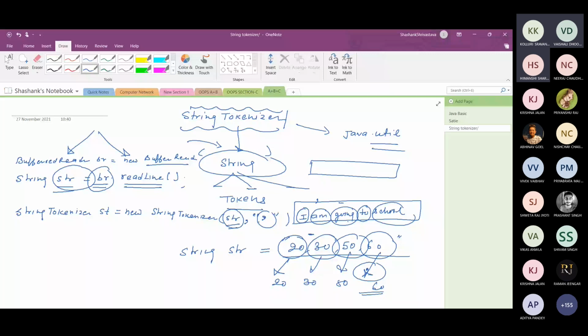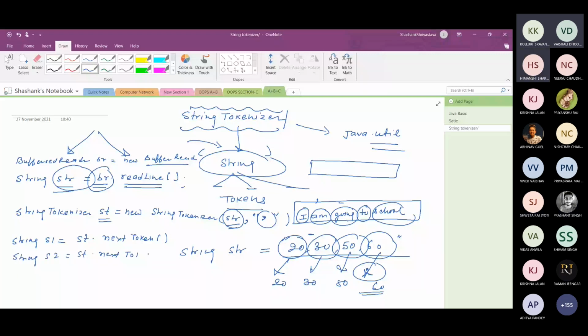So you can convert any string into the form of tokens. When you get the tokens with the help of the string tokenizer class, how can you read those tokens? Because the string is converted into different tokens, just collect those tokens in a string. Suppose String s1 equal to st.nextToken, and String s2 equal to st.nextToken.